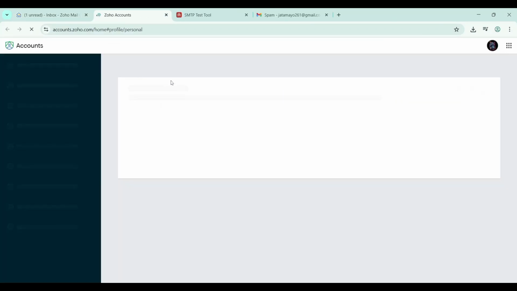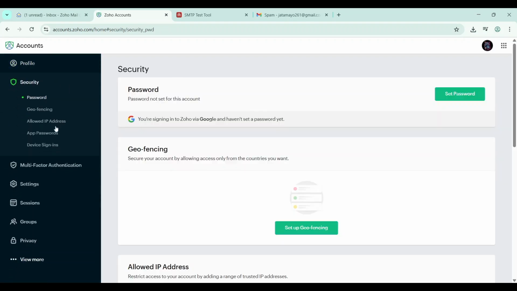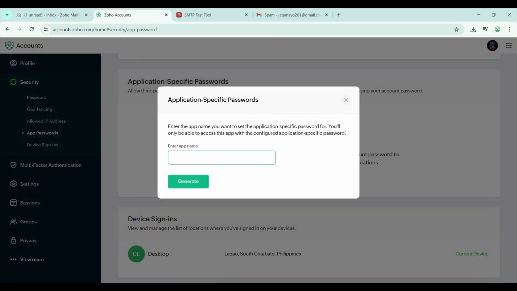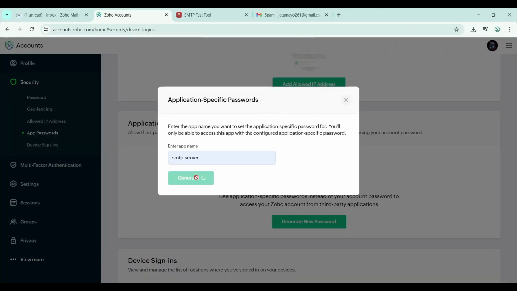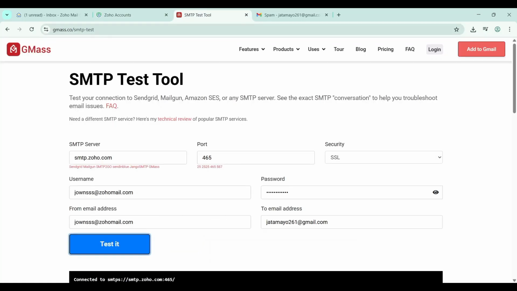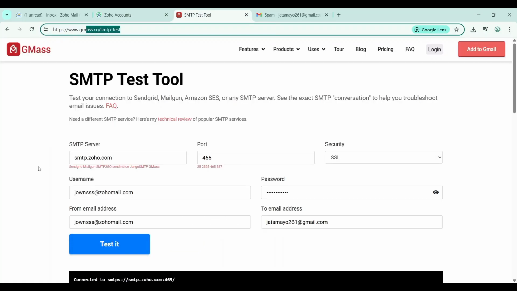And then it will redirect you to the next page where you go to Security and then App Passwords. And then from there, you have to generate a new password. Just set up a server name, and then after that you have to verify an email, and then after that you just have to copy this generated password, and then you go to third-party apps, just go to this link,